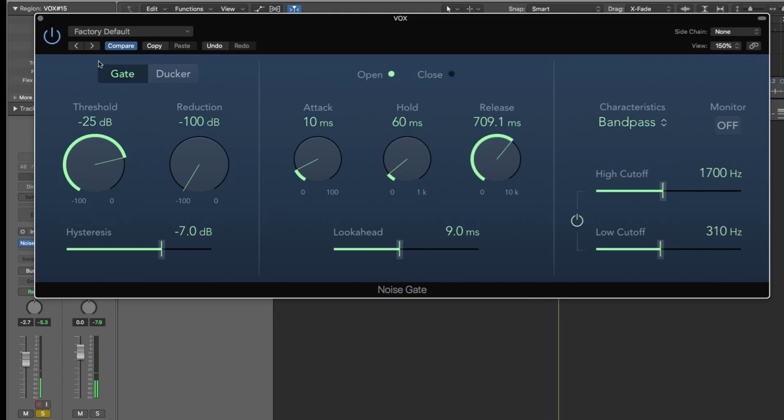Yeah? Of course, with this kind of thing where the bleed is very continuous, it's tougher to get a setting on a noise gate that works. But you can clearly see that if I take it off,